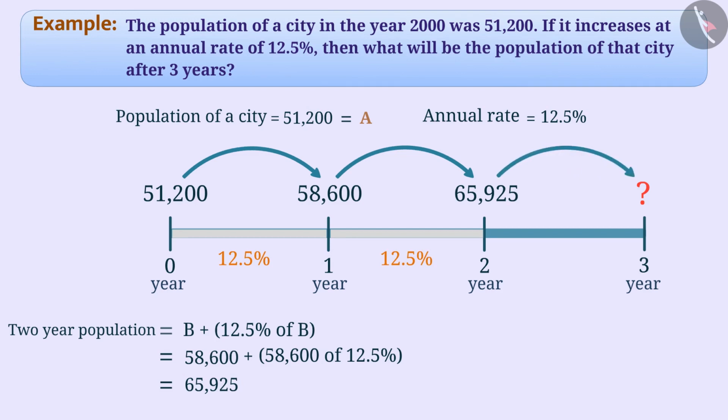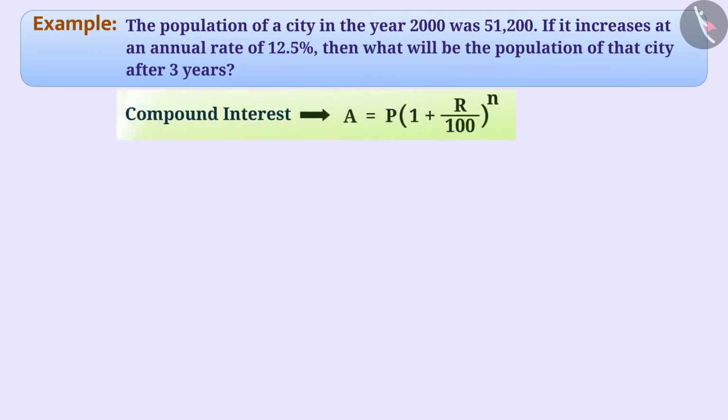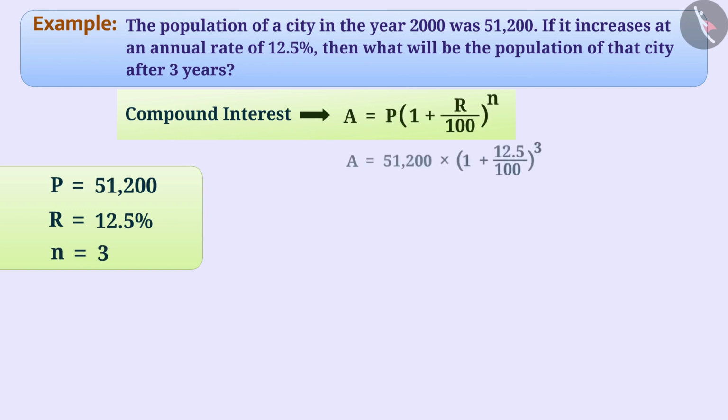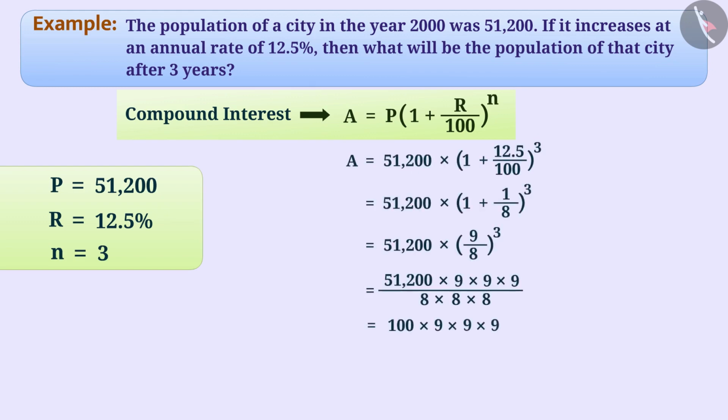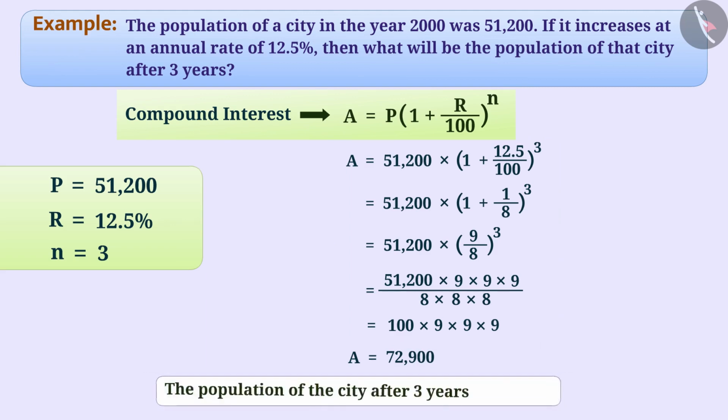In this way, here we can say that the population is compoundly increasing. In such a situation, we can find the population after 3 years with the help of the compound interest formula. Here, P is equal to 51,200, R is equal to 12.5% and N is equal to 3. A is equal to P into bracket 1 plus R by 100 bracket raised to the power N. By placing values in the formula and solving the expression, we get a result of 72,900. Pause the video and see how the operations have been simplified. In this way, the population of the city after 3 years will be